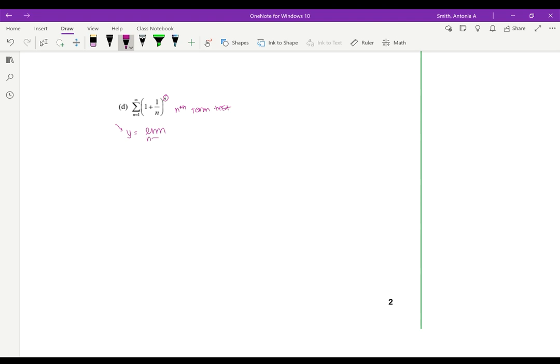As n approaches infinity of 1 plus 1 over n to the n. So get rid of this exponent using natural log. I have natural log of y equals the limit as n approaches infinity of the natural log,